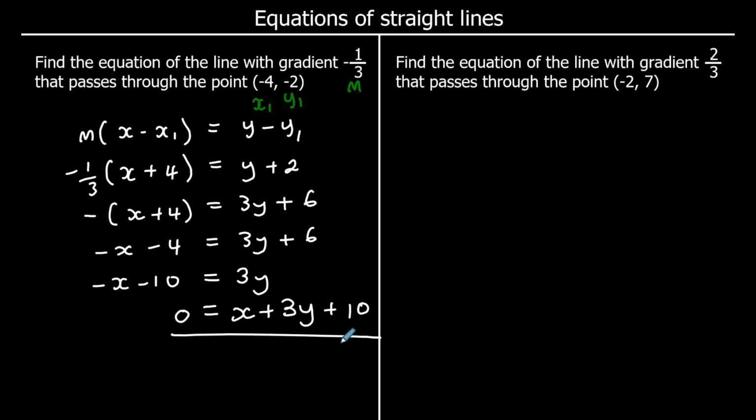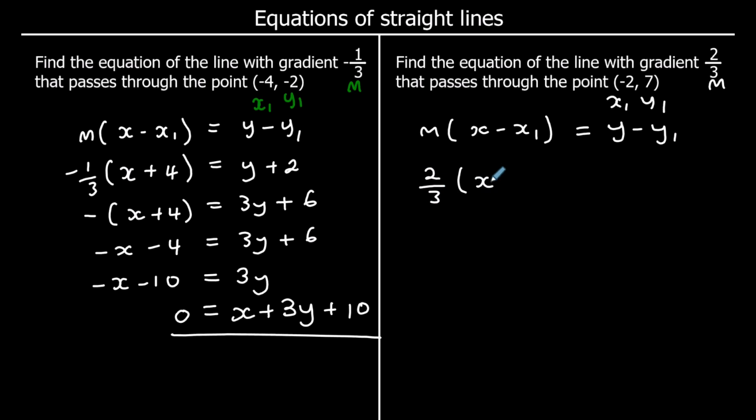So either way. One for you to try. Pause the video and give it a go. Gradient times x minus x1 is equal to y minus y1. So we've got the gradient is 2/3. X1 is -2, so it's x take away -2, so x plus 2 equals y minus y1, which is 7,